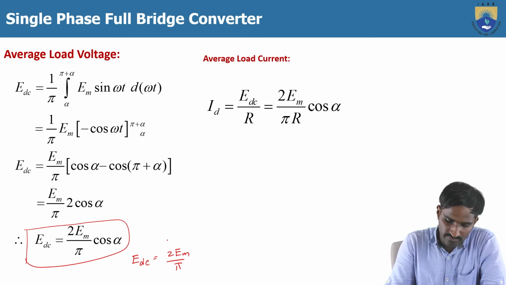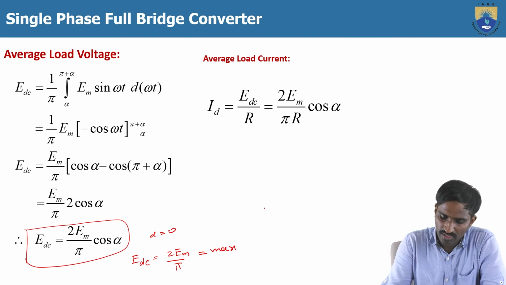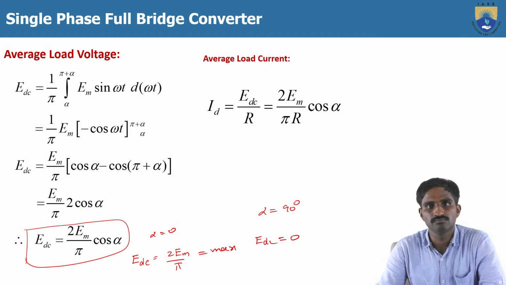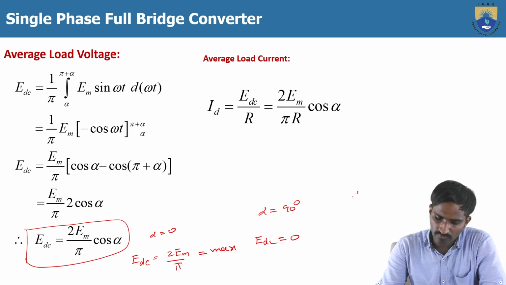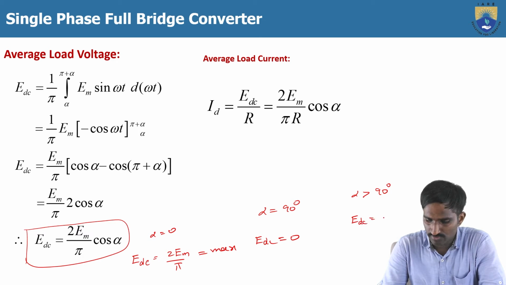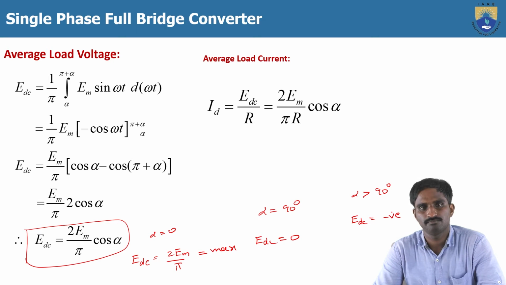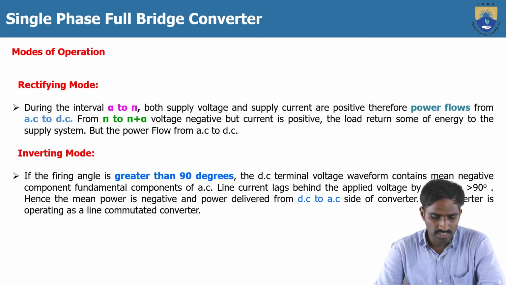Okay, and this is when alpha is equal to 0, this EDC is the maximum. And when alpha is equal to 90 degrees, then this EDC will become 0, because cos 90 is 0. And when alpha is greater than 90 degrees, then EDC, the average value, will be negative. So that's why here